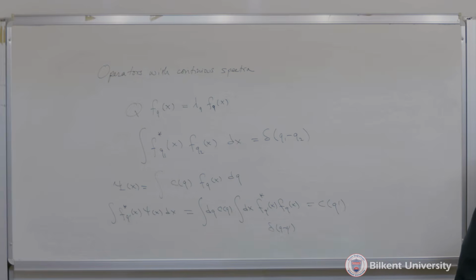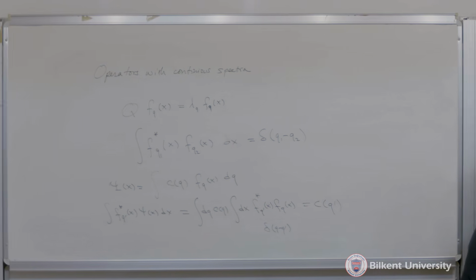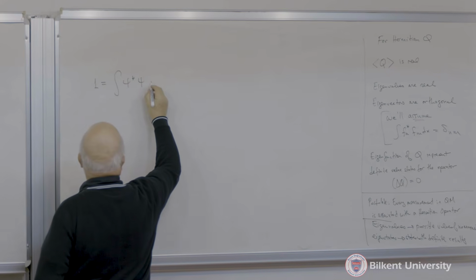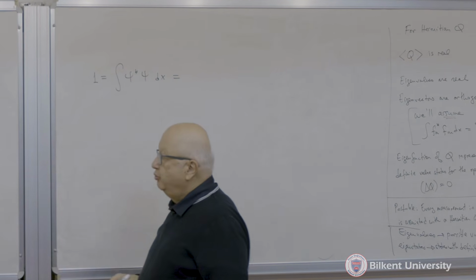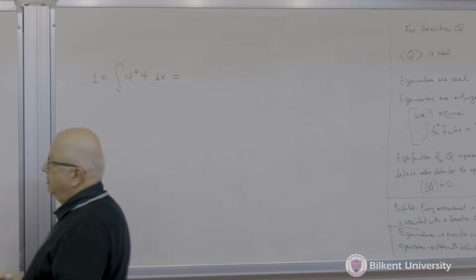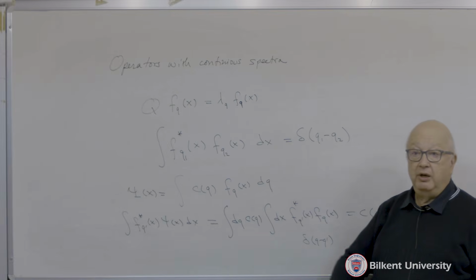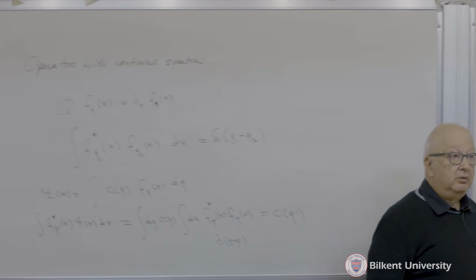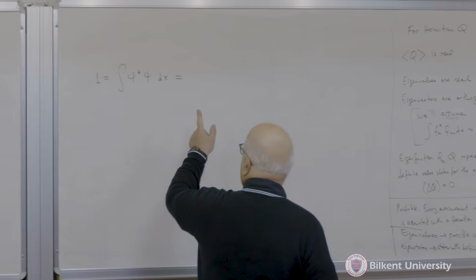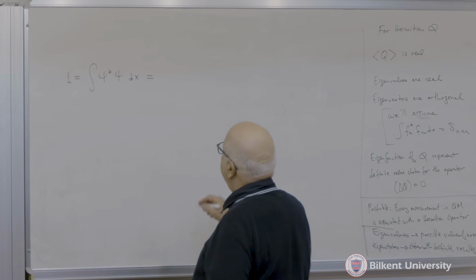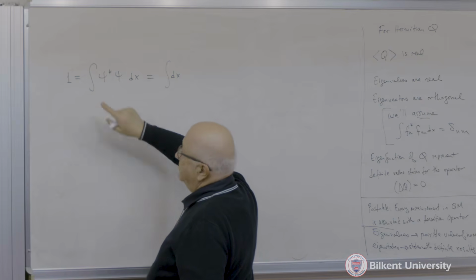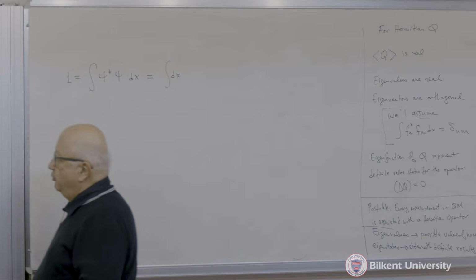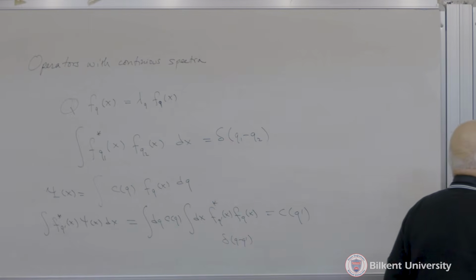Again, I want this thing normalized. So psi star psi dx is going to be equal to 1. Now I want to use this expansion in my equation here. So the dx integral is still here. In place of psi star, I'm going to put this in. So it's going to be